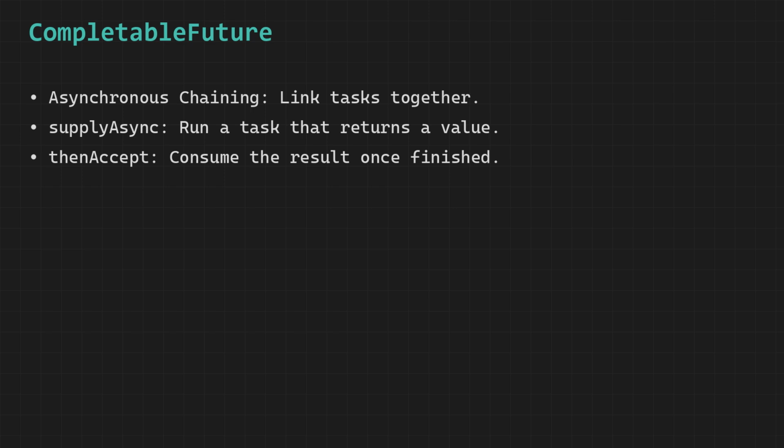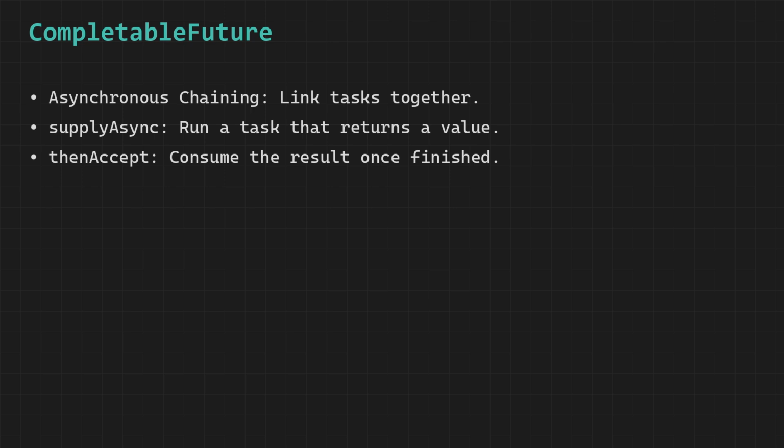When we use supplyAsync, the process begins just like placing raw material onto the first station of the assembly line, where the work is handed off to a background thread that starts processing the data independently without disturbing the main thread, and this method is specifically designed for tasks that produce a result such as fetching data from a server, calculating a value, or reading from a file, so it acts as the starting point of the entire asynchronous pipeline.